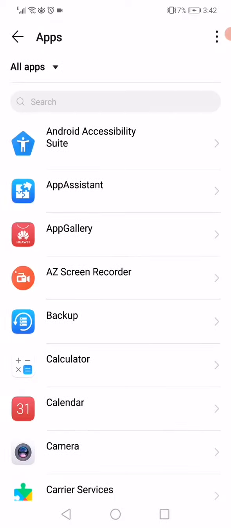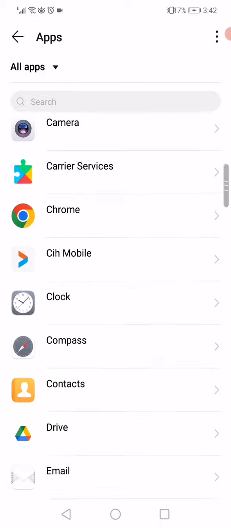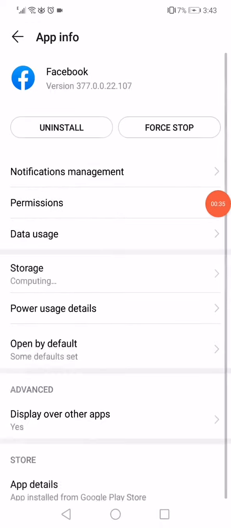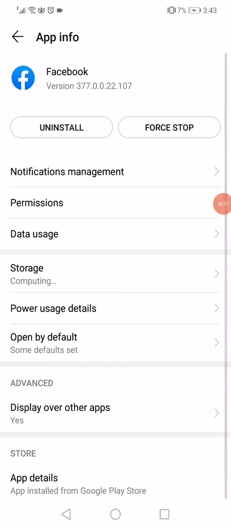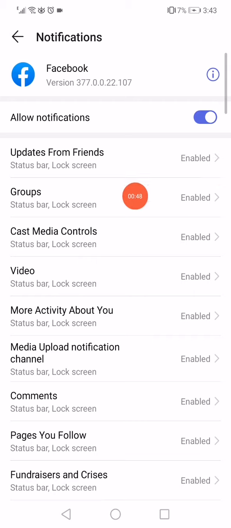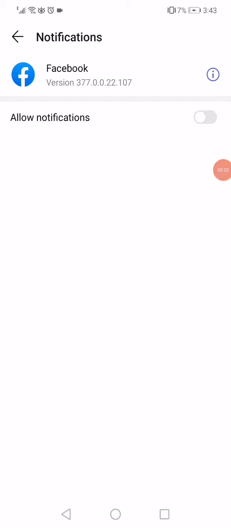Wait a few seconds on this page until it starts loading the apps that you have on your phone. Scroll down until you find Facebook. And after you find Facebook, now all you have to do here is very simple and easy. Just click here on the force stop option and then go to notifications management and then disable this option and